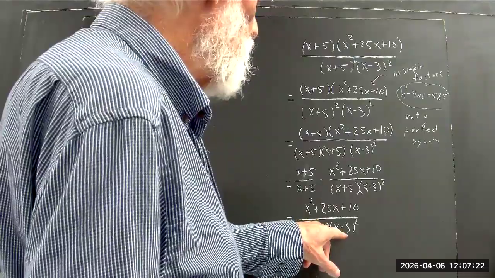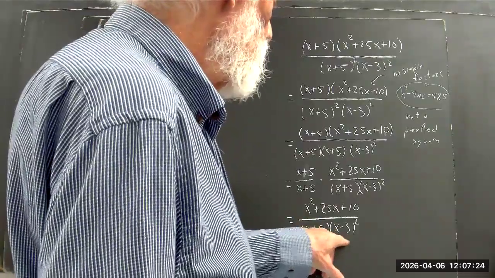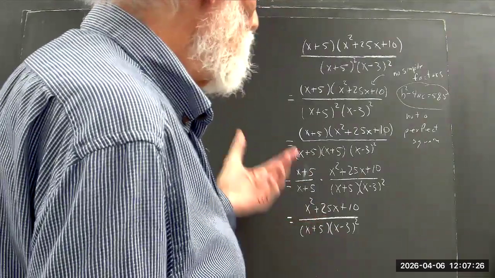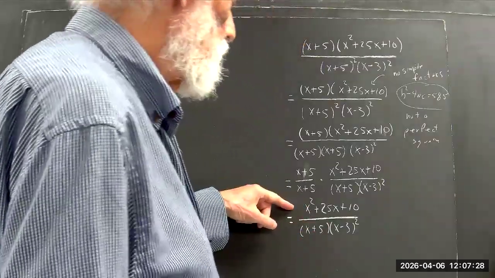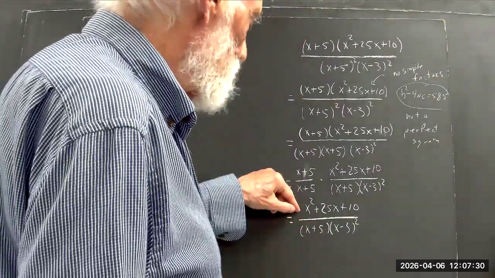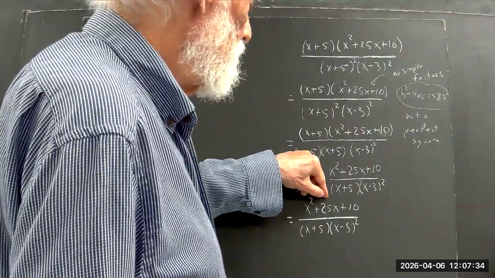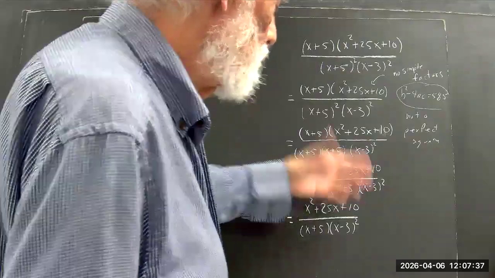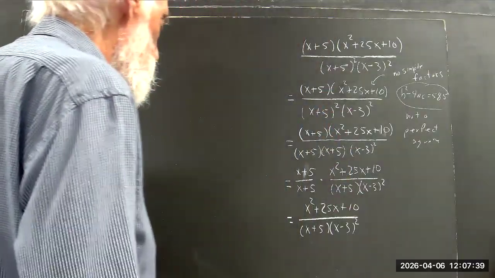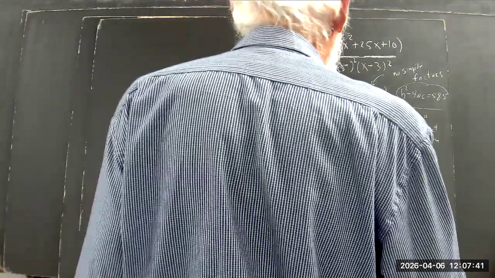And if you plug in x equals 3, you'll verify that x minus 3 isn't a factor of the numerator either. x squared would be 9, 25x would be 75, that'd be 84, and plus 10 is 94. So, okay, so we can now say